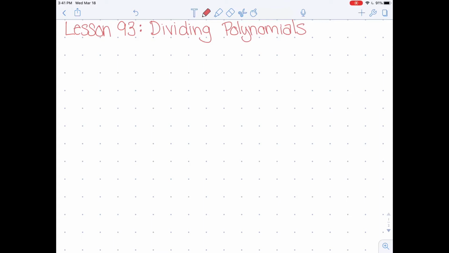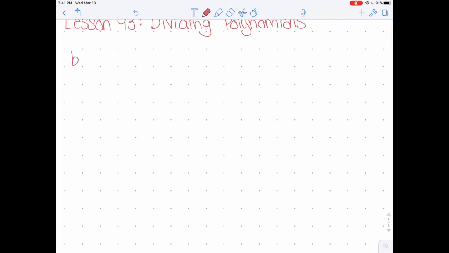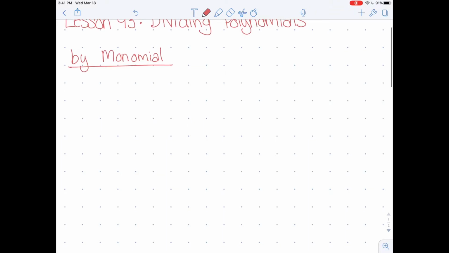All right, lesson 93, dividing polynomials. So we're going to jump right in, and we're going to start with dividing a polynomial by a monomial. So that means there's one term. Remember, mono means one. Monomial. Okay, so for this example, we could have something like 8x cubed plus 2x squared plus 4x